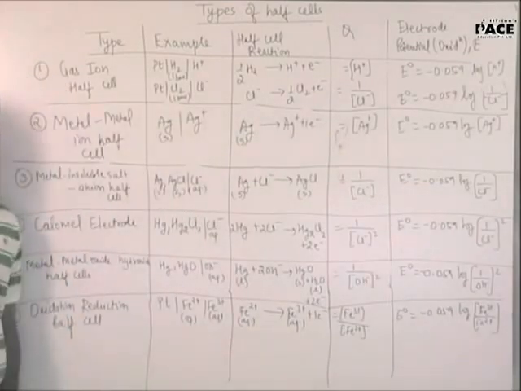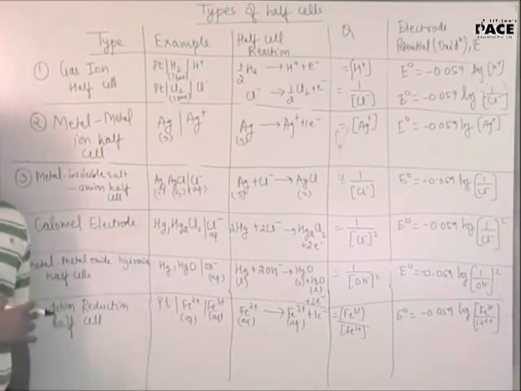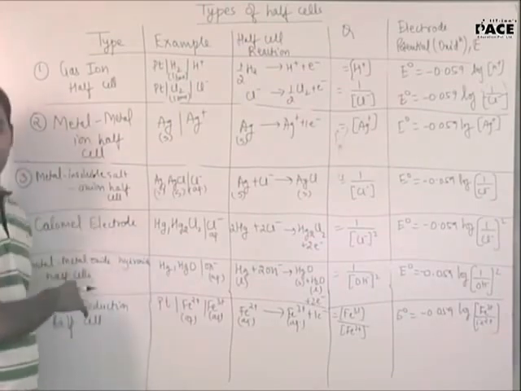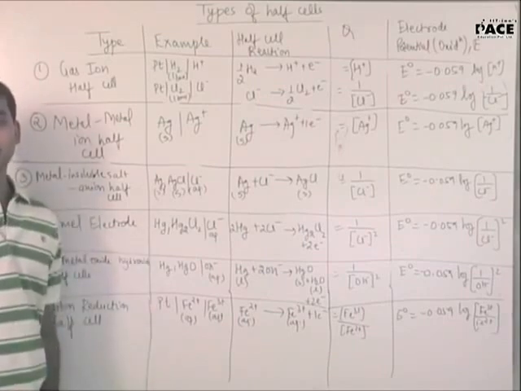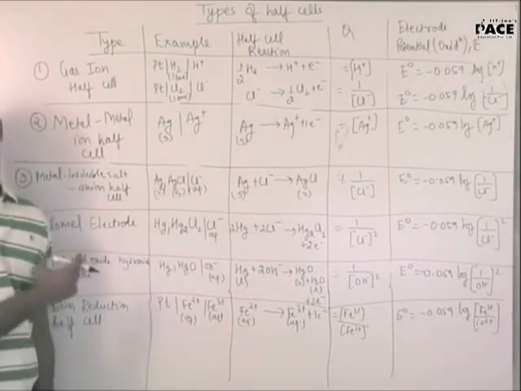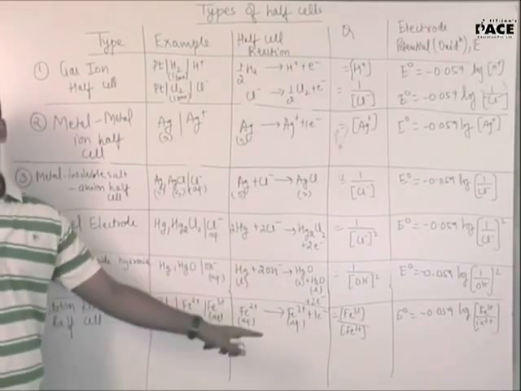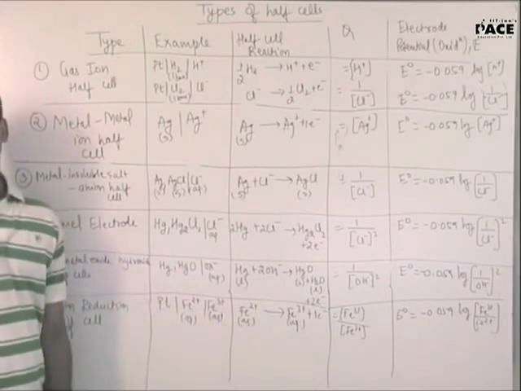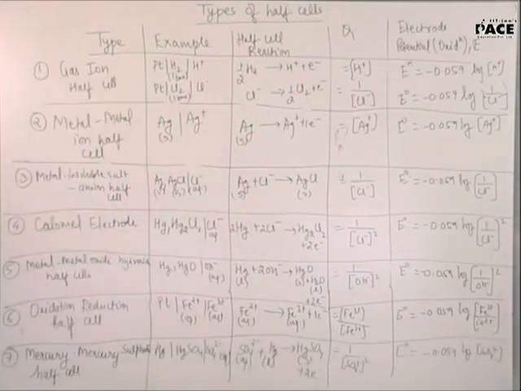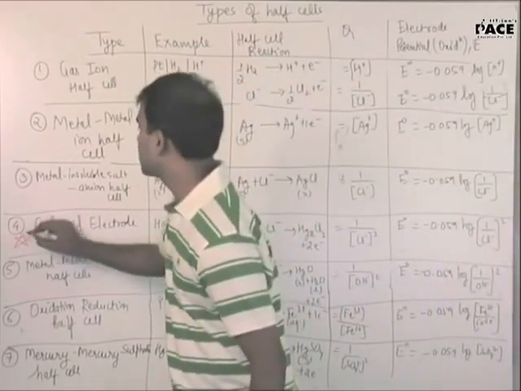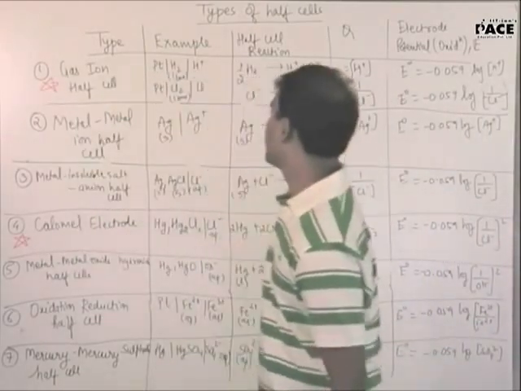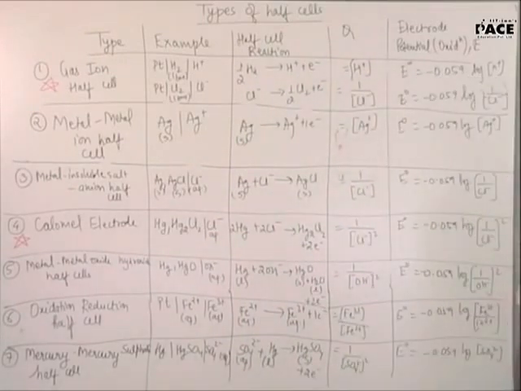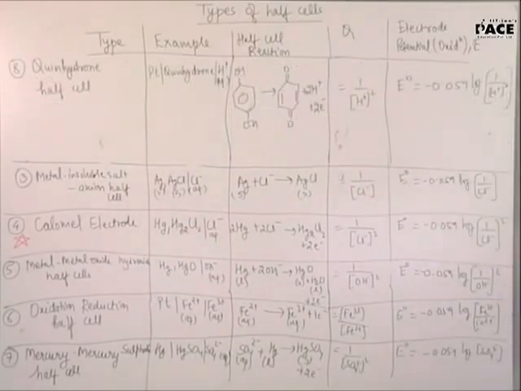Just copy it once. See, you don't have to remember this list, but I am giving you an exhaustive list of all the half cells which are possible. Even in case you have any doubts, you can just take it as a reference. Clear? That's why I have written all the Q values, all the E naught values. Clear? See, don't try to remember this, but a few of them are very important. This one is very important. These two are mostly what you are going to face. Calomel electrode. The last one is the twin hydrogen half cell.